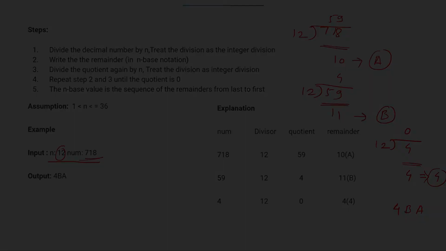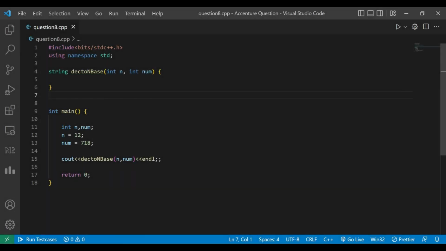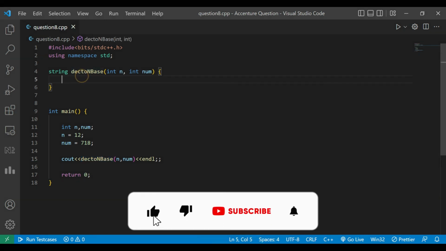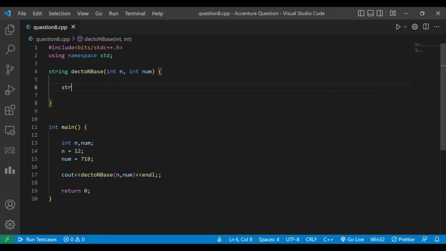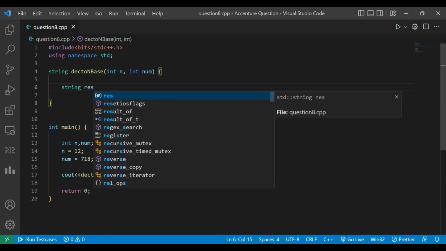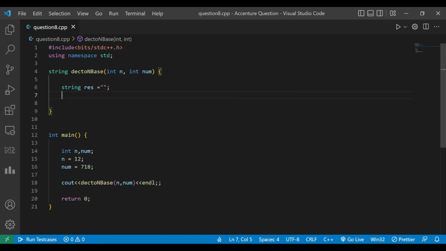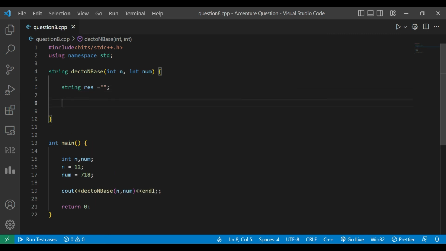So now let's start with the coding part. You can see here we have two variables, n and num, and we have written the method decToNBase. We have to implement this method now. So first, we'll declare one variable result of type string and assign it an empty value. Then, while the number is greater than 0,